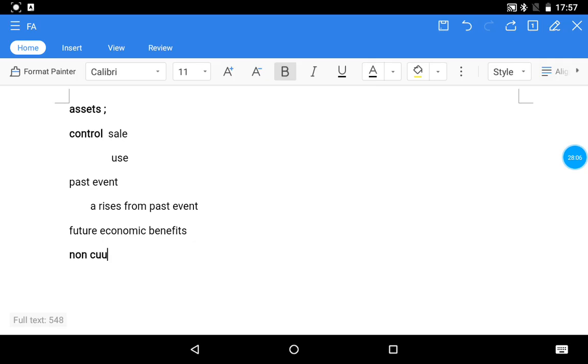These are assets that last for more than a year. It means when you buy your motor vehicle,